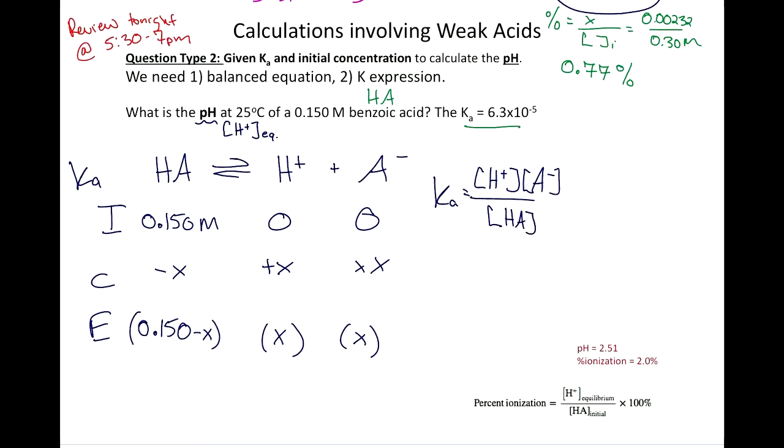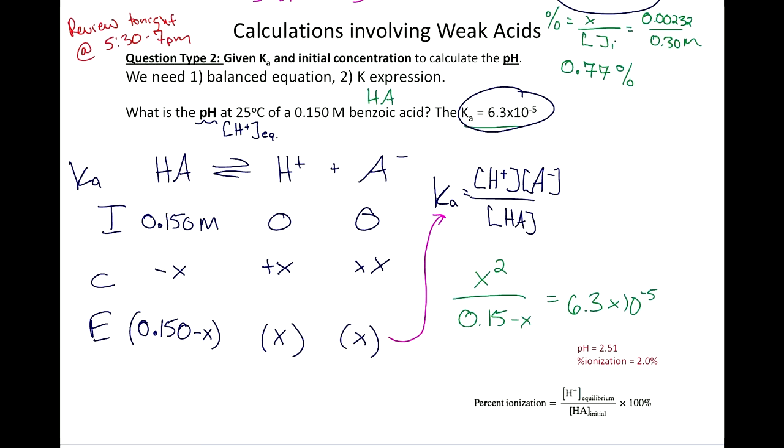I give you the value of Ka. It's given. It's right there. It's 6 point whatever times 10 to the negative 5. All right. So I know what this value is. So let's go ahead and plug in those equilibrium concentrations into our K expression. So this simplifies to x squared over 0.15 minus x, and it is equal to 6.3 times 10 to the